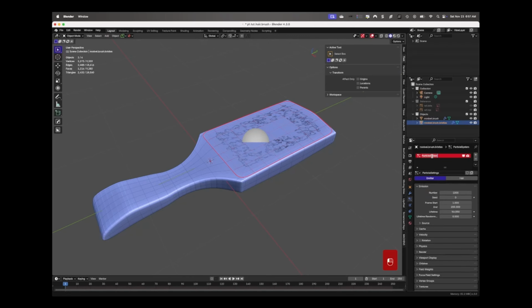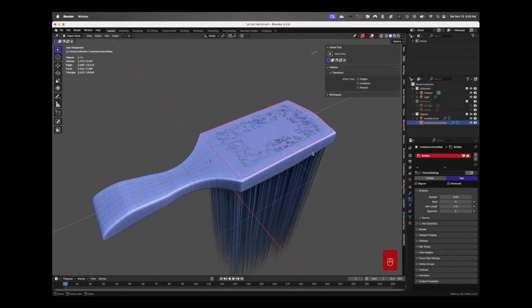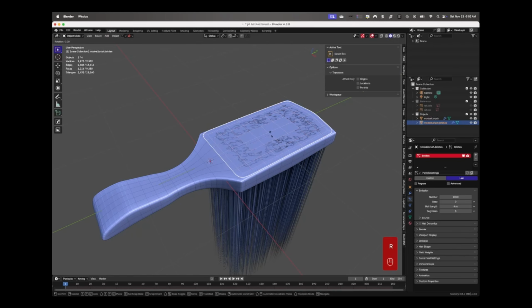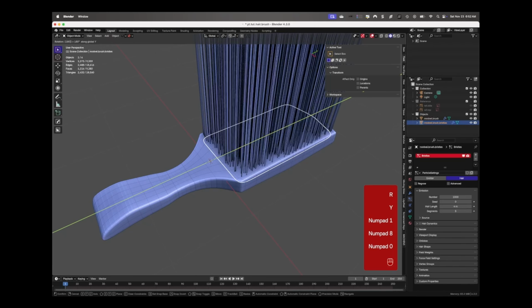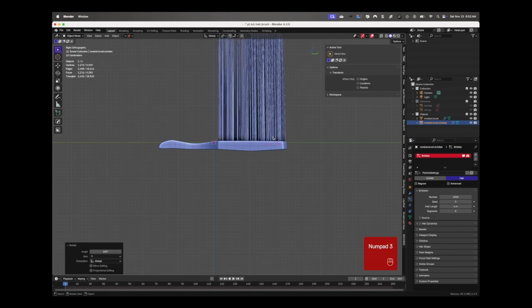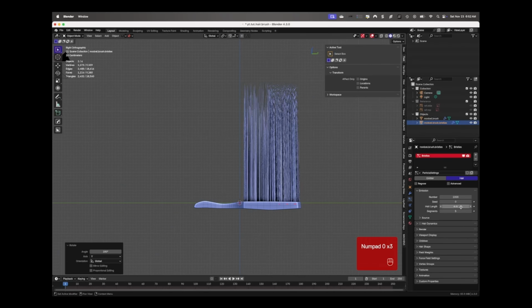So the way you handle this in Blender is you create a particle system, but instead of using the emitter particles, you want to use hair. So we're going to use hair, and if you notice, they're pointing downward. The way you get around this is you take that selection that we made and flip it by 180 degrees on the y-axis, and now the hair emitter is pointing upward.